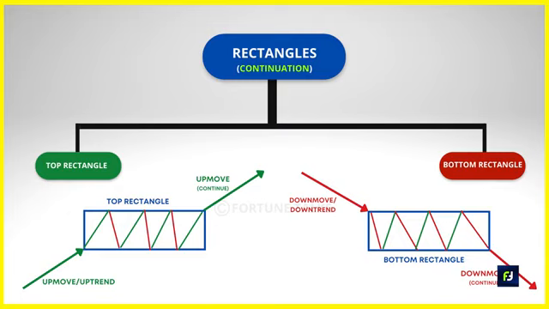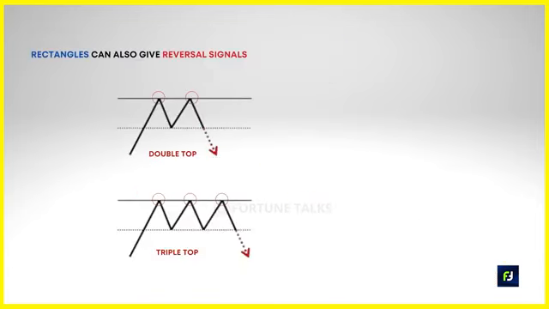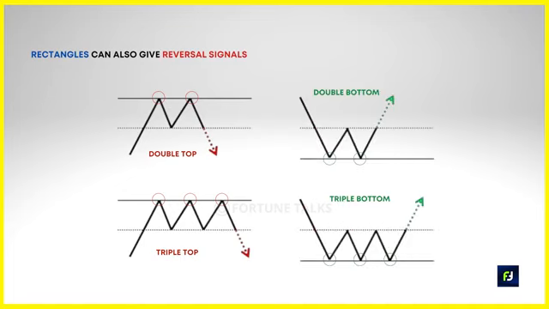Now the rectangle patterns can also reverse the trend. So these reversal patterns are given specific names like double top and triple top when the price tests the resistance twice and thrice respectively and then moves lower. The other category is double bottom and triple bottom where the price tests the support level twice and thrice respectively and reverses upwards. So in order to clearly understand what the pattern is about to do, we have to wait